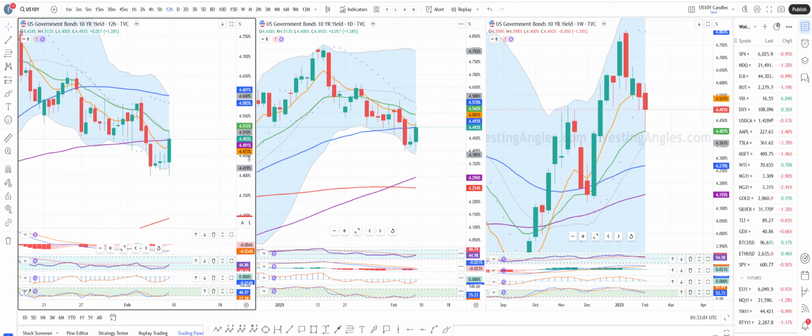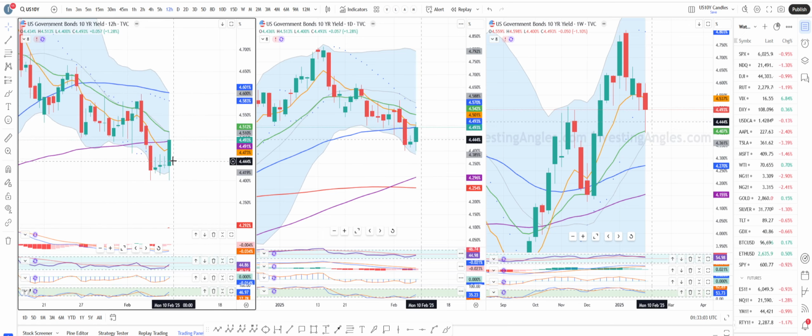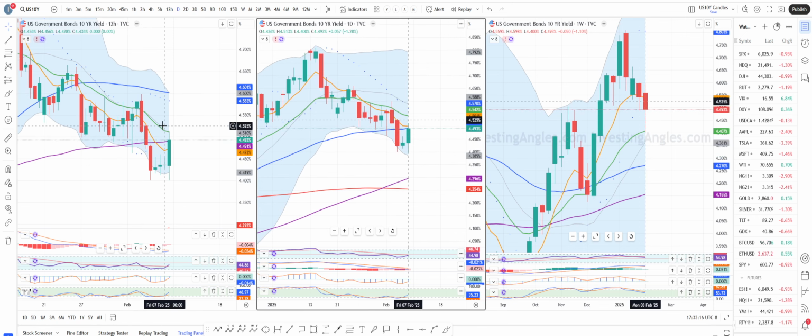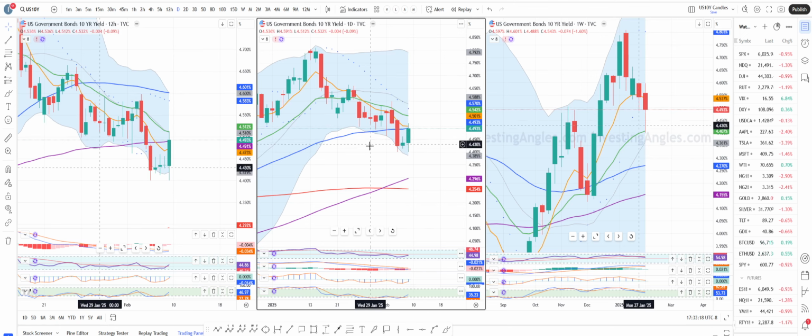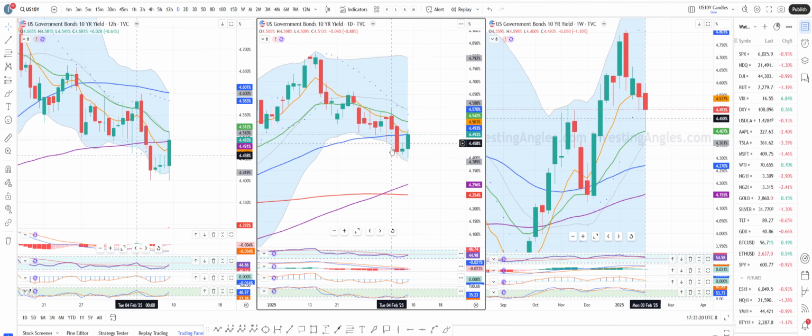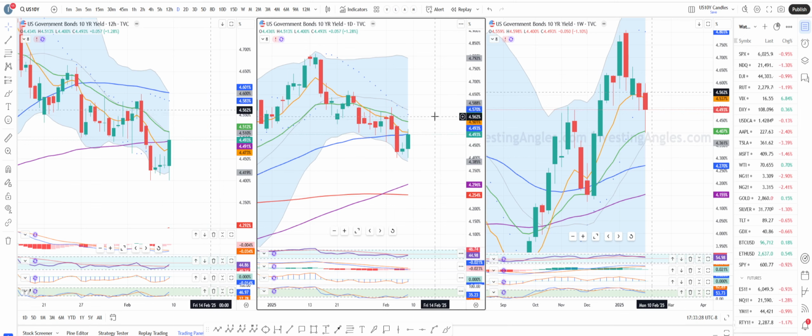What we are seeing here is that on the 12-hour frame, we have a fairly strong tower bottom and a move above the 100 periods moving average. So this is the strongest right now. The next one is this one. It's a daily closure. It ended right at the 50 days moving average, and the chances right now are better